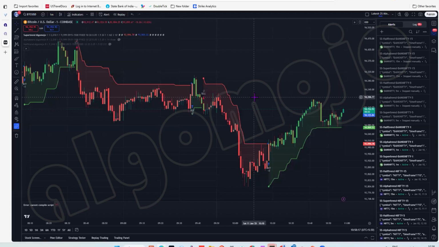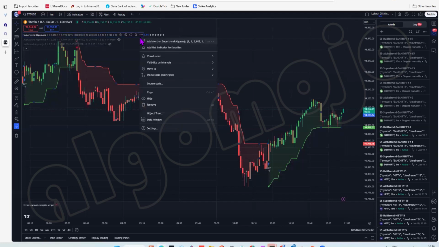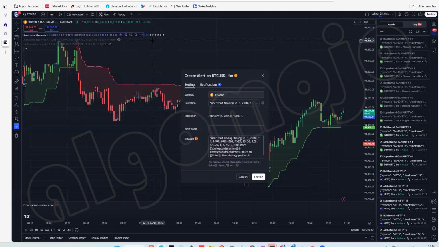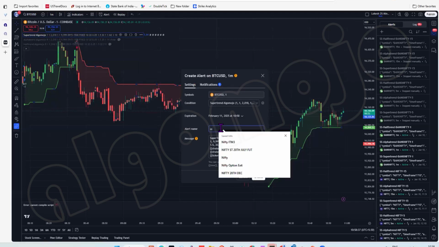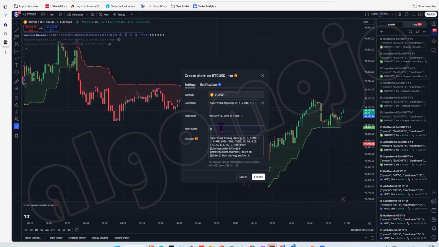So once you have Supertrend, if you hover around this strategy name, you see these three dots, the more button. You select the more button and use the add alert function. It'll open up a pop-up. Give a name. So I'll say Nifty futures. And in the message box, in case you have something default already there, remove that and copy it,